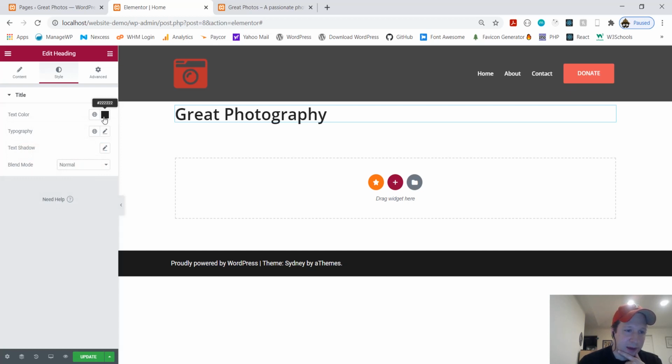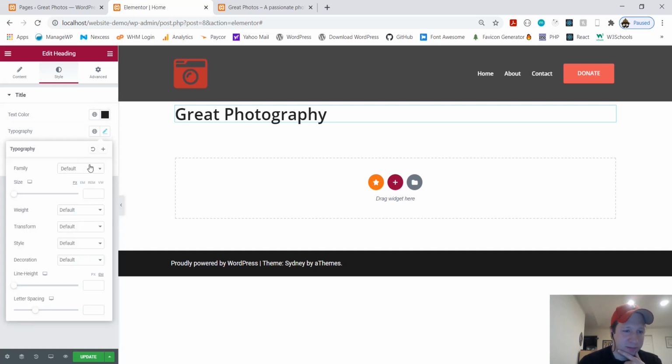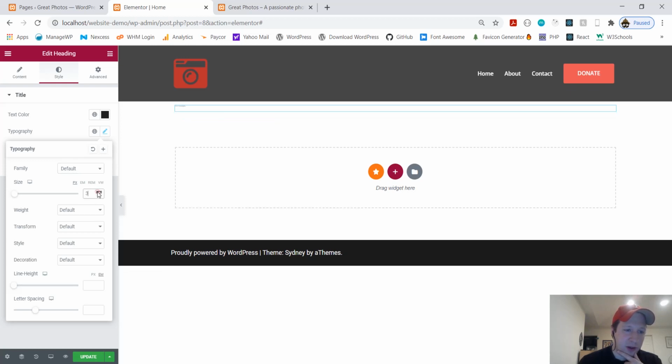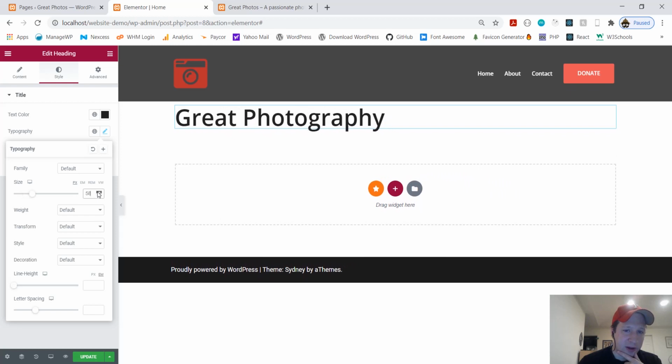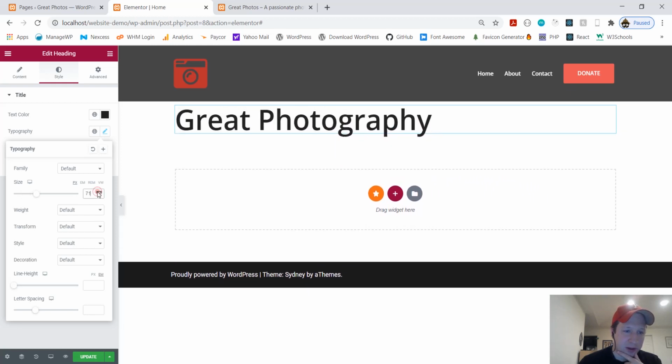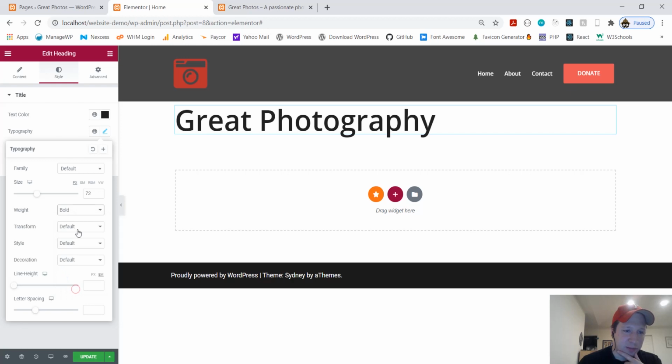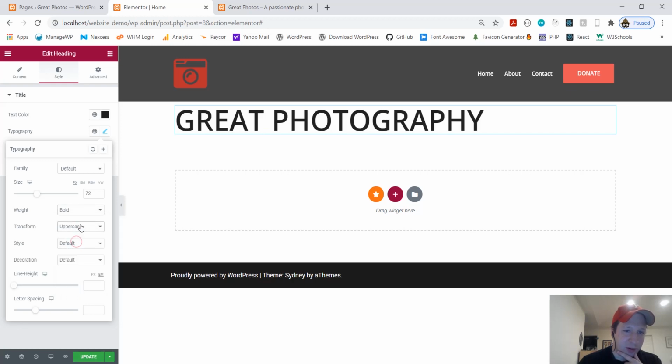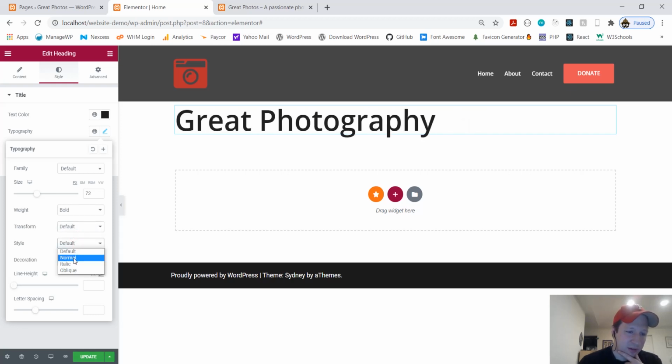Yeah, I think so. This is our typography. Font family has all these fonts. You can choose whatever you want. Now, default means it sets it to the font that Roboto or the Open Sans. So it just sets it to whatever the website has as a default. So that's nice, and it helps you stay consistent. This is our size. You can make it as big as you like. Font weight is just bold or whatever. Transform is all uppercase or whatever. Usually I don't use these that much. Style is italic, whichever.